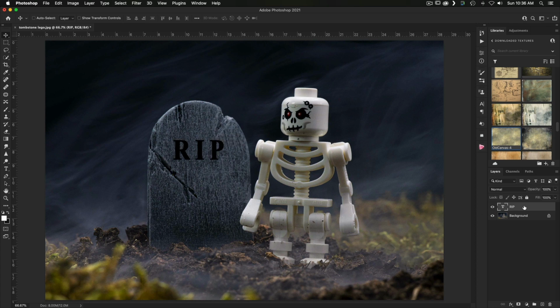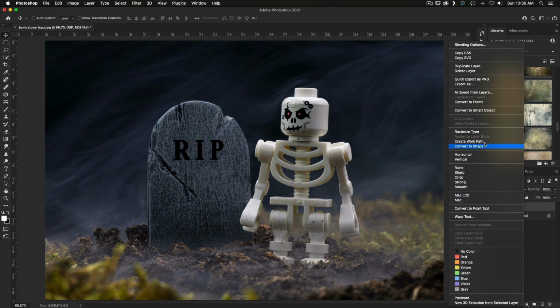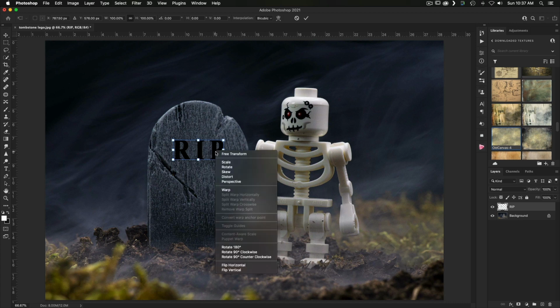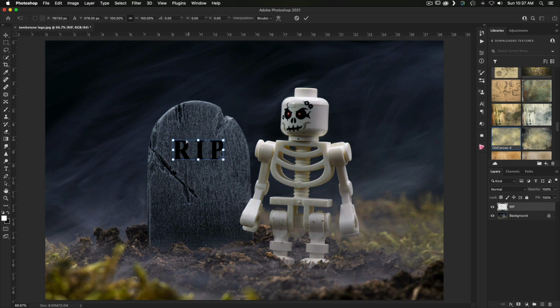The way we do that is go over to the text layer over here, click on rasterize type. This gives us more options to transform our lettering. And then we can hit the Command T button to bring up the transform tool. Then right click and click on distort, which allows us to move all of these points in whatever angle we